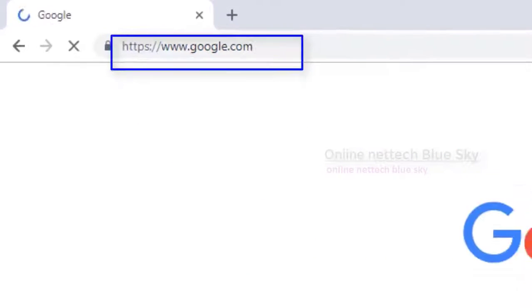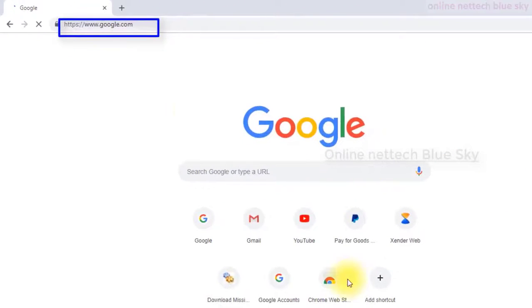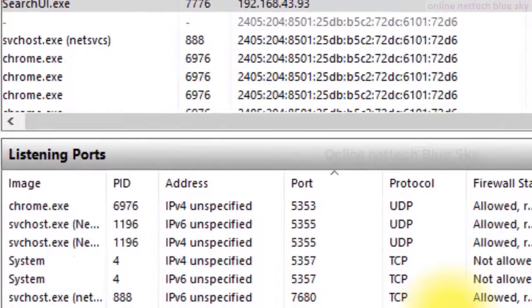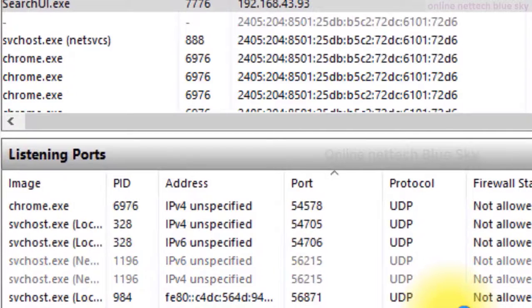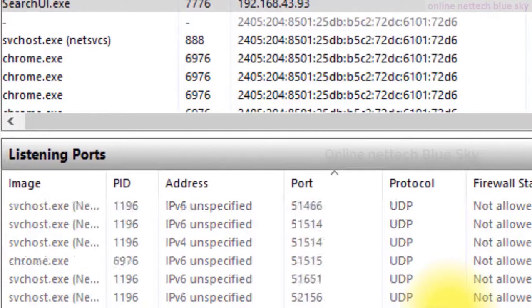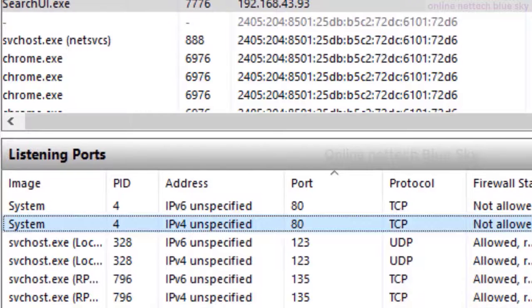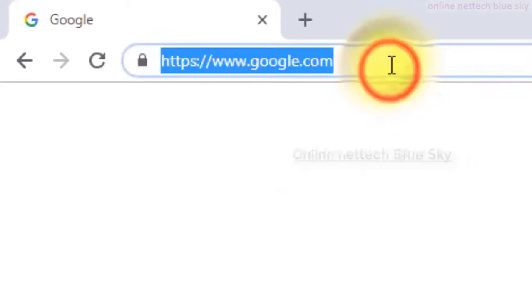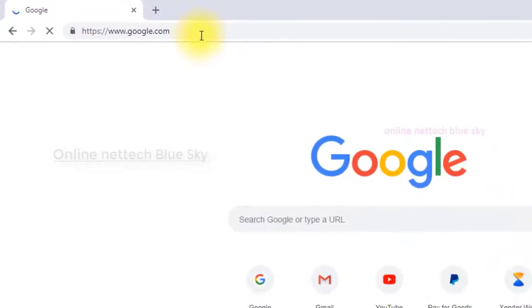Now for software, I just click on www.google.com and open Google. Okay, I'm just showing you an example, and I will check here. You can see here, and this software always shows me the file. You can see here Chrome. So how does the system work? Any folder or file you open and work with on the internet automatically shows in your resource monitor. You can see here.